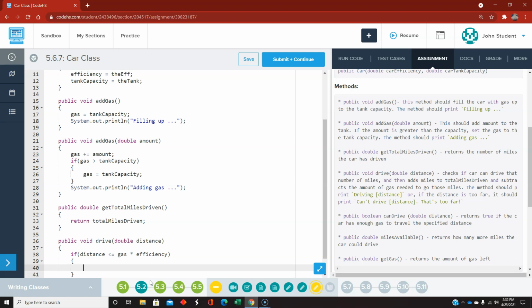So we're going to say total miles driven plus equals distance,